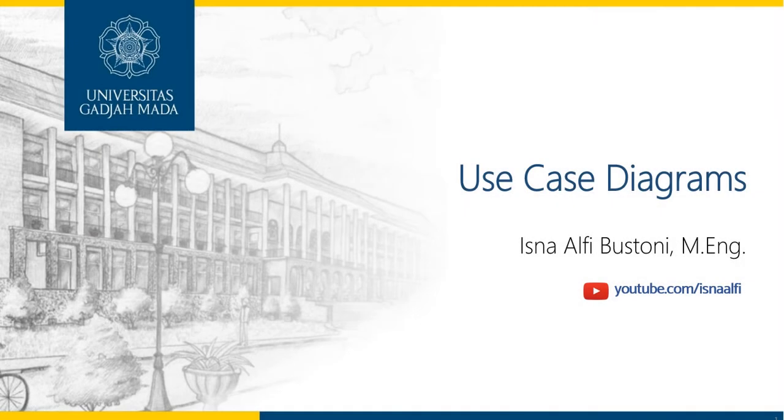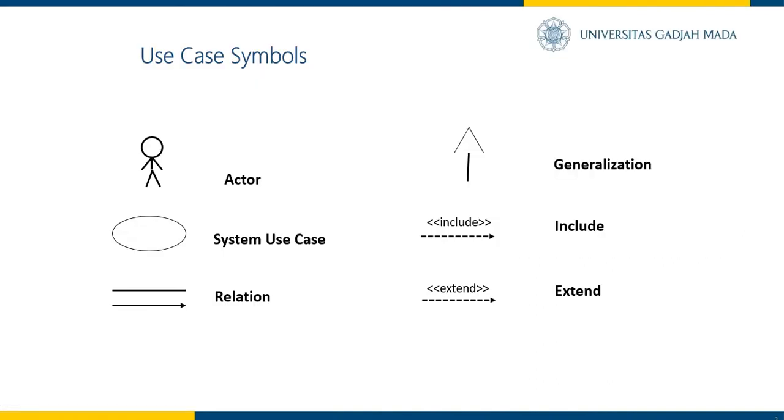In this video, I would like to explain about the use case diagram. Here we go with the use case symbol. The use case itself represents the activities that can be done by the system and its interaction with the user. So in this use case, we have several symbols like this stick man, which is an actor,